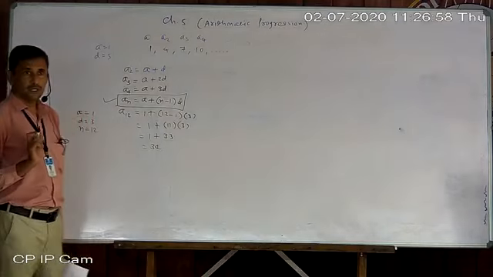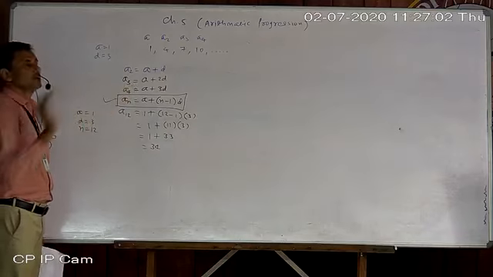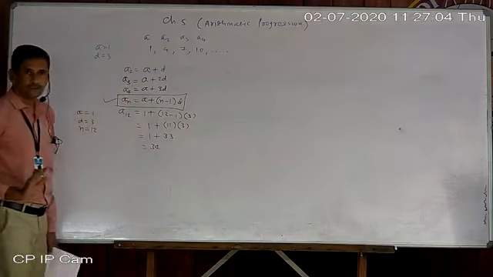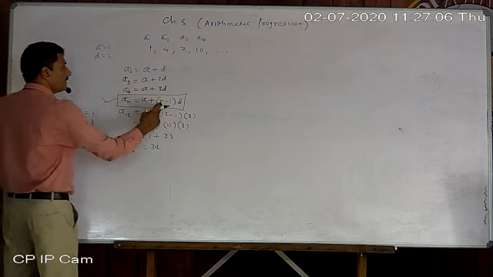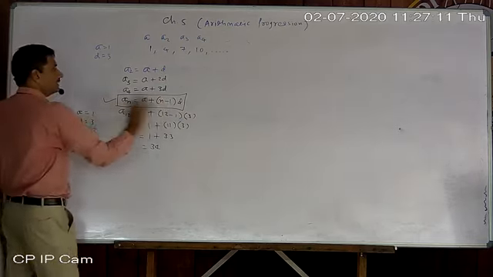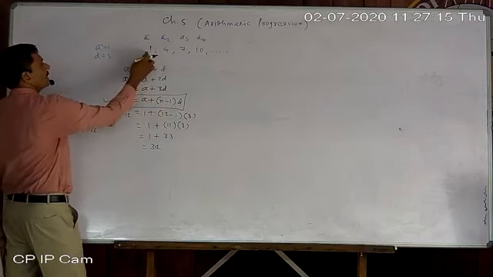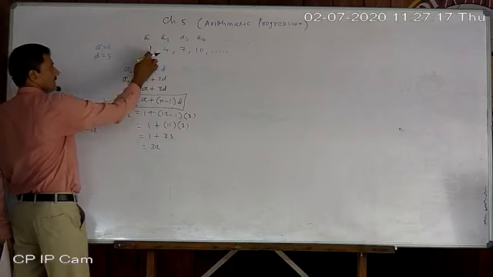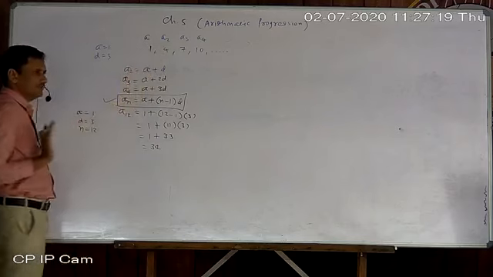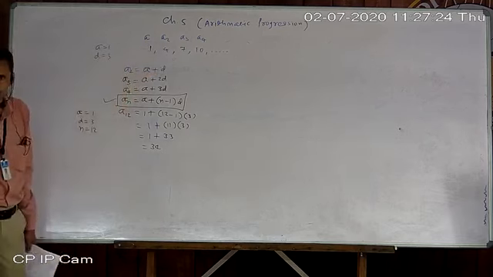So using this formula, you can find any number term. If I want to find the 2000th term, then also I can find it, just by placing the value of that number, the value of n, at that place. a and d, you just look. If you just observe, you can say a is given and d is also indirectly given. You just find the difference of first and second, meaning second minus first.